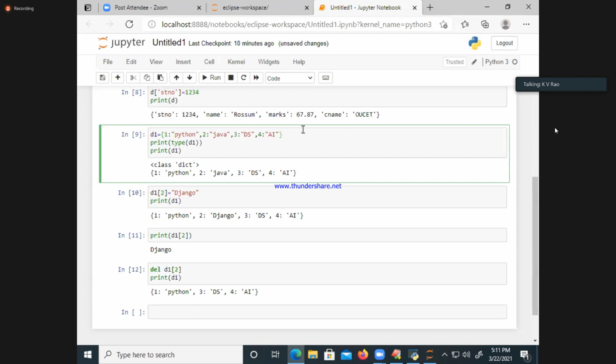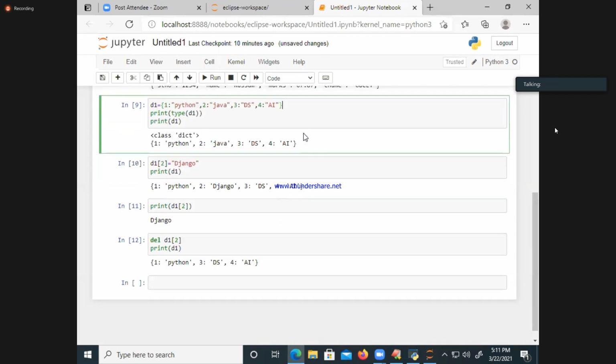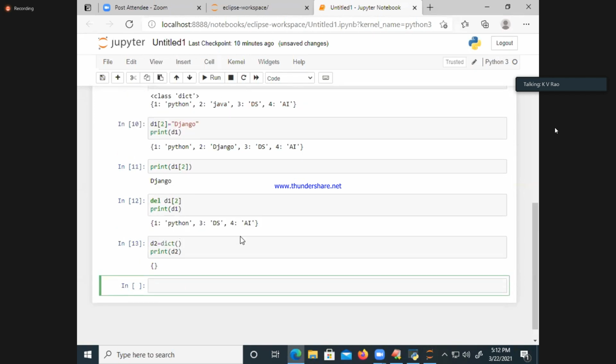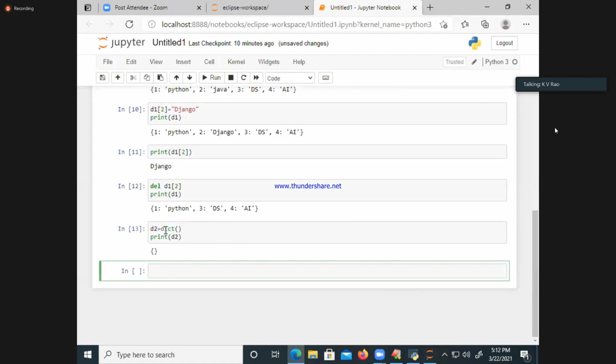One is, yes, last and final. I want to create one more dict. D2 is equal to, I am saying dict of, what is the function name? Dict of, tuple of, list of, frozenset of, like that. Right? Print of D2. What is the D2? Empty. How do you create an empty dictionary? By using dict of. Are you okay? Right. Shall we move forward?